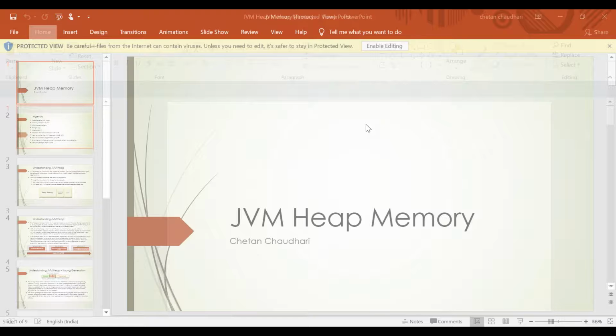Let's quickly go through the structure of your heap memory. As soon as you start your JVM, JVM startup will look for the specific parameters of heap. If you have specified any parameters, it will start the JVM with those. If not, it will use the default settings. As soon as the JVM starts, your heap will be allocated on your physical memory.